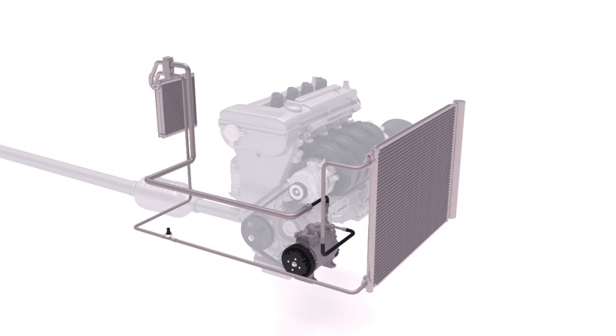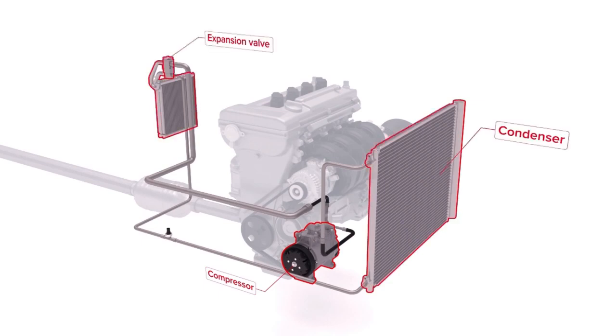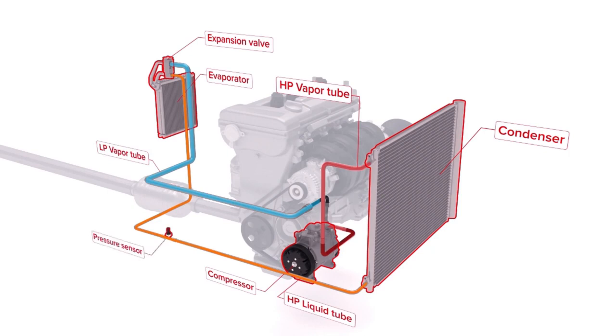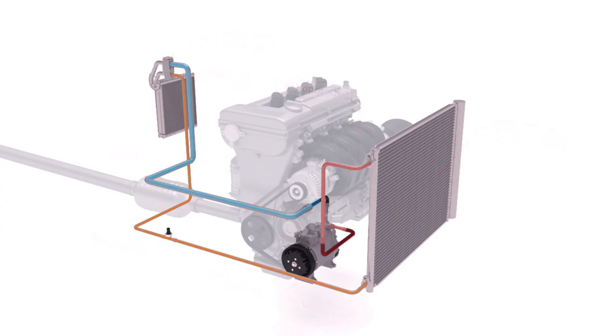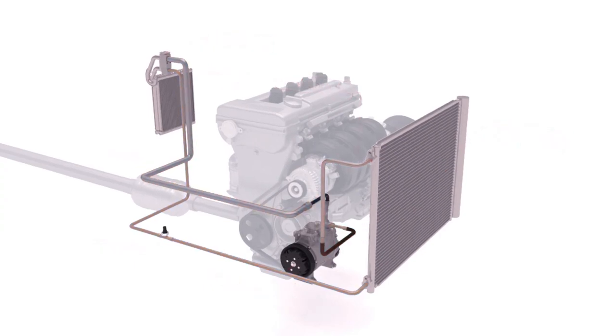The main components of an air conditioning system are the compressor, the condenser, the expansion valve, and the evaporator. The refrigerant used to absorb the heat in most air conditioning systems is known as R134A. But since January 2017, new car air conditioning systems must use R1234YF for environmental reasons. We can now look at air conditioning operation in greater detail, starting with the compressor that